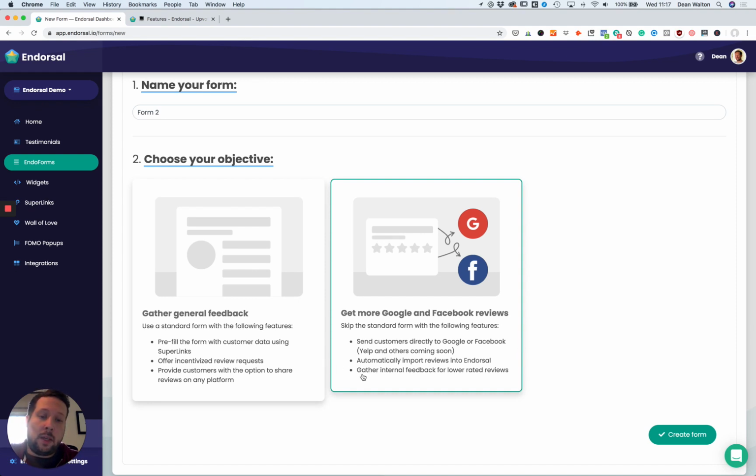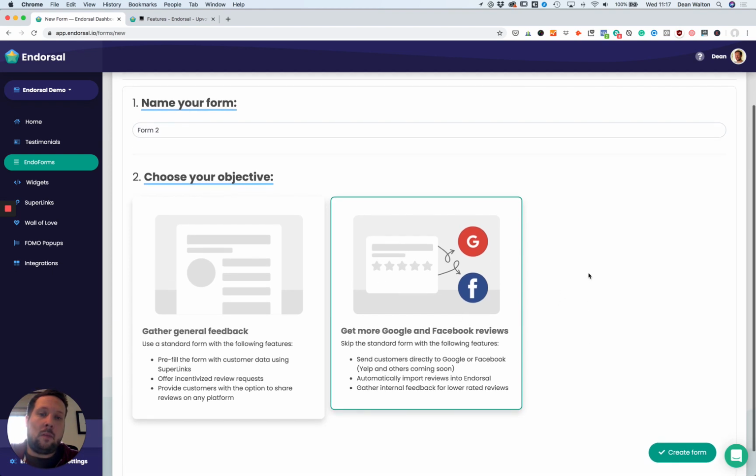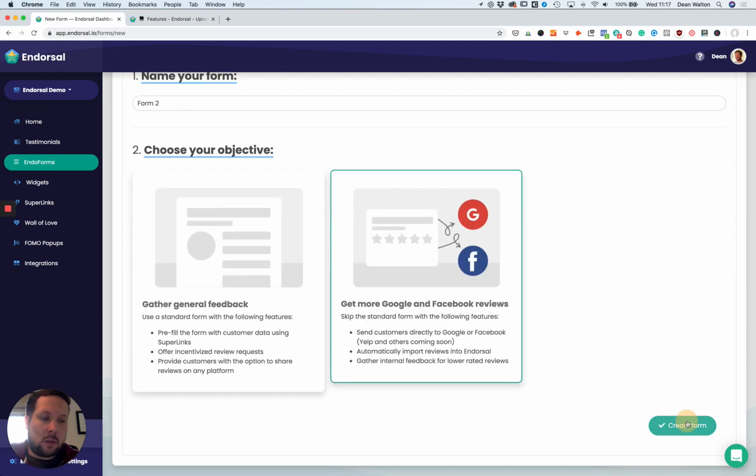Another good feature of this is that you can gather feedback for negative reviews. So instead of pushing everything to Facebook and Google, we give the option to gather a bit of feedback before they do that and hopefully prevent negative reviews. Let me show you how this works. So you create the form,